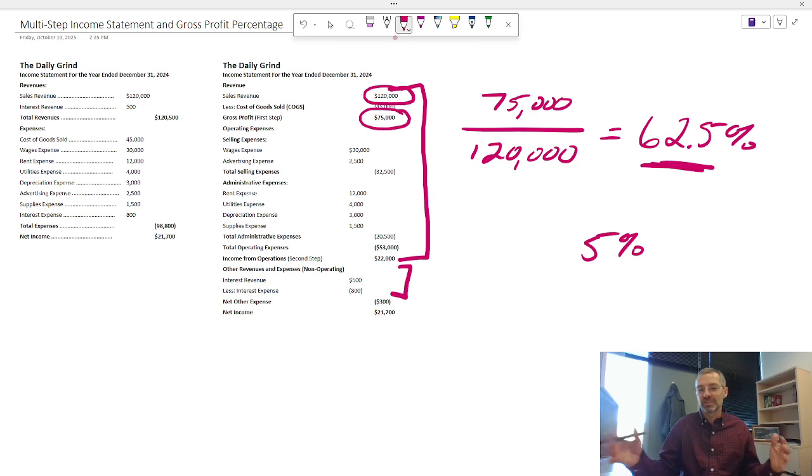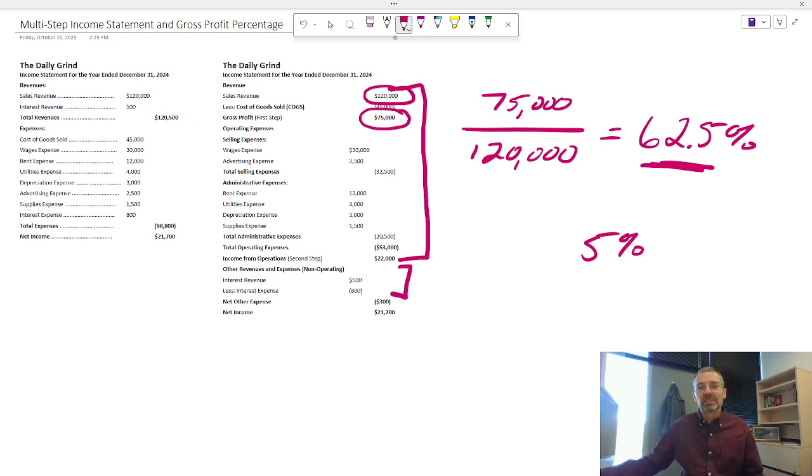So when you go through the checkout line and you're buying $100 worth of groceries, guess what? The grocery store only keeps $4 of it. How do they stay in business? They have lots of people shopping at the grocery store. And so they make up for that low margin with volume. And so that's going to be a lot of our necessities that we have to buy. They tend to be low margin.